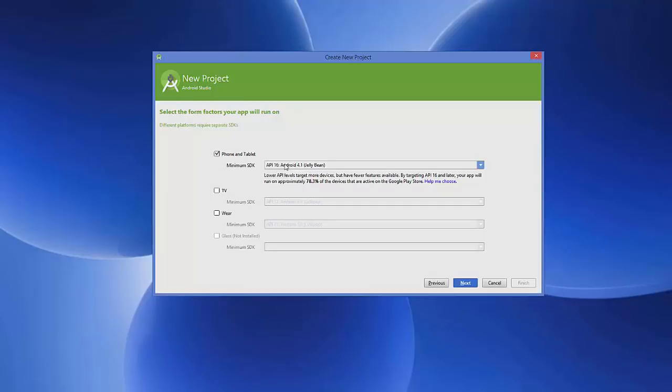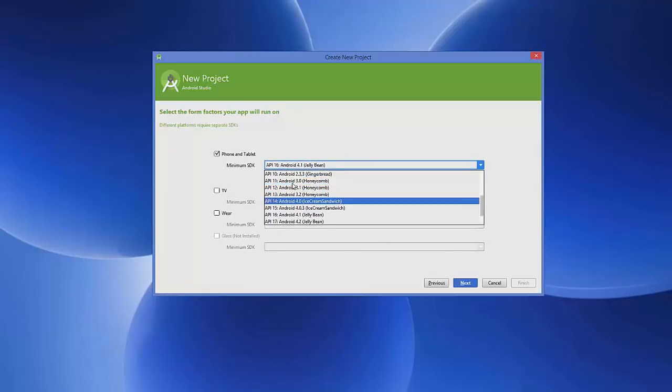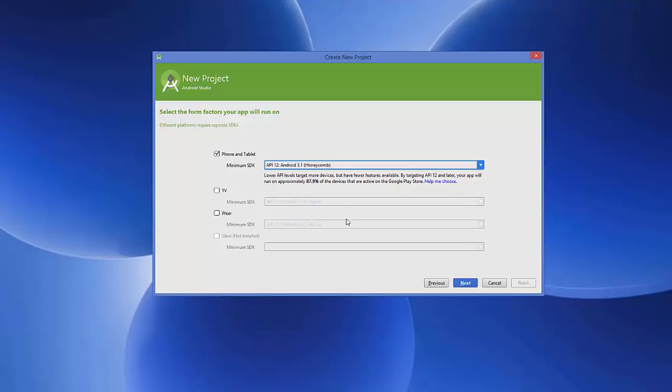One thing you need to notice here is that the action bar is available after Android 3.0 or after API 11, including API 11 and Android 3.0. So if you want to see the action bar on your Android app, you need to choose API level 11 or above. Before that, the action bar was not available. So for example, I choose API level 12 or Android 3.1, and then I'm going to click next,